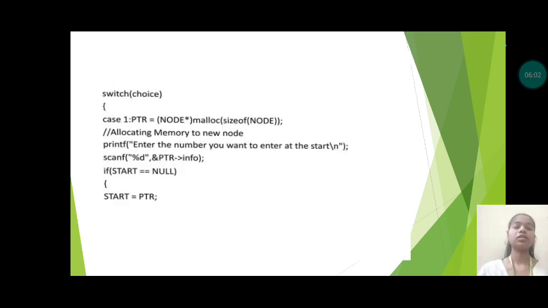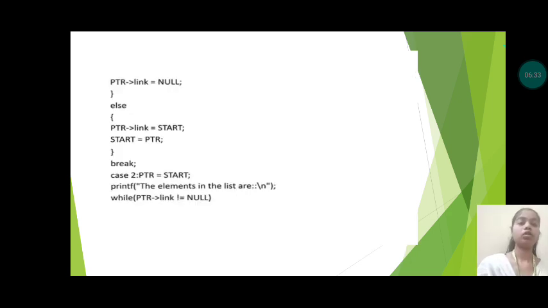switch (choice) { case 1: ptr = (node *) malloc(sizeof(node)); printf("enter the number you want to enter at the start\n"); scanf("%ld", &ptr->info); if (start == NULL) { start = ptr; ptr->link = NULL; } else { ptr->link = start; start = ptr; } break; case 2: ptr = start; printf("the elements in the list are\n");